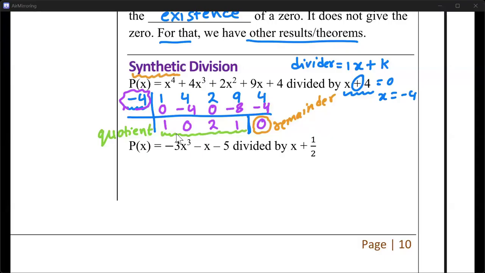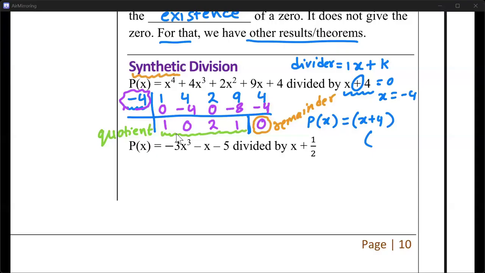Okay. So in this case, the remainder is 0, which means the polynomial exactly divides. Okay, x plus 4 divides that polynomial exactly. And you can write your conclusion like this. P of x, that polynomial, is equal to two things. Let's say I write the divisor first. That is x plus 4, which is the divisor,